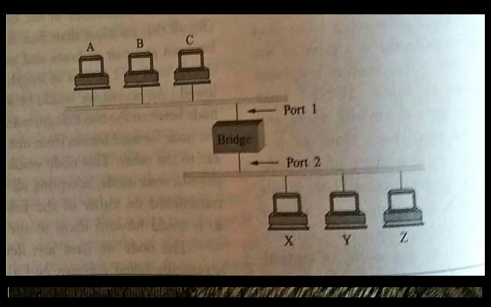Now, the bridge need not forward all the frames that it receives, for example whenever there is a frame from host A that is addressed to host B. Is it clear? Whenever the bridge receives frames, as you know, ethernet segments work on a broadcast model. There may be a possibility that A sends a packet to C, or C sends it to A.